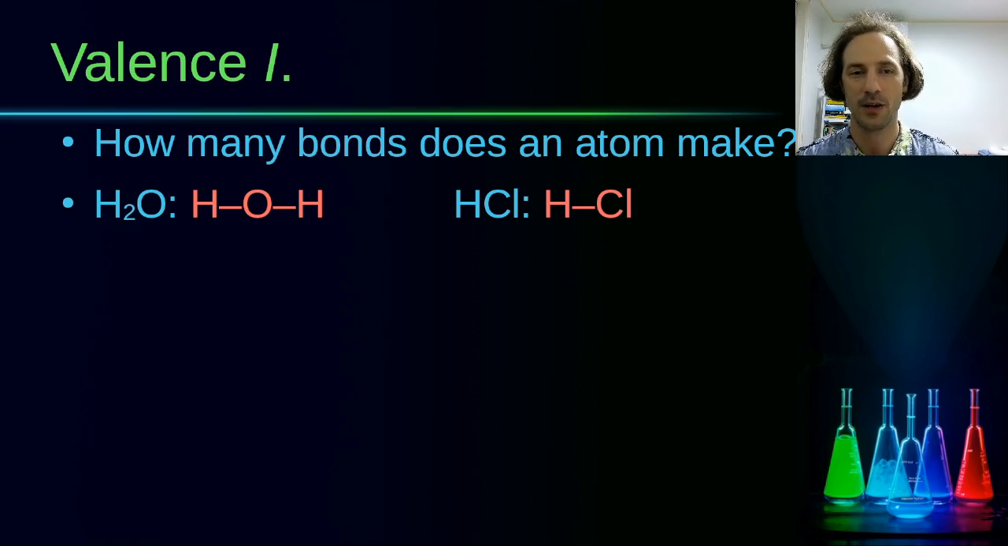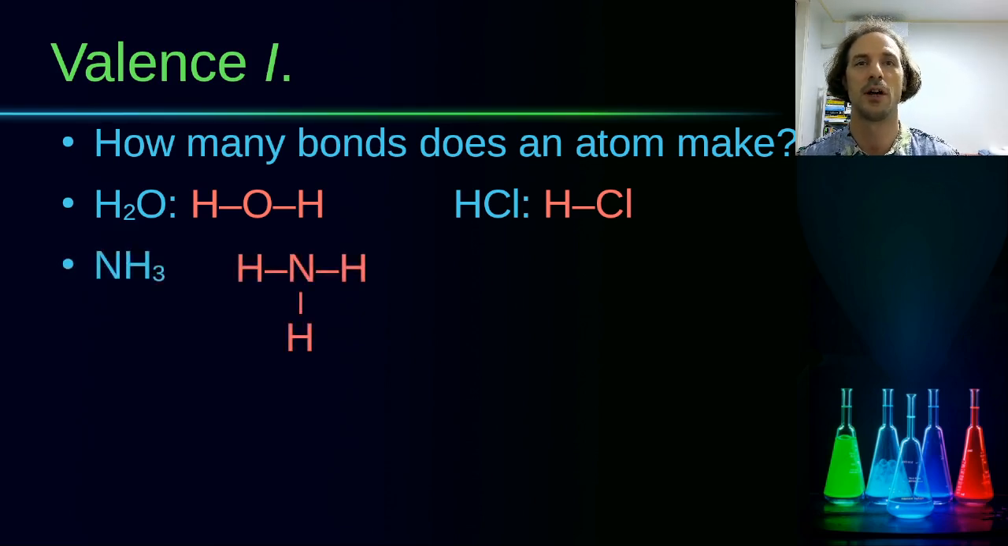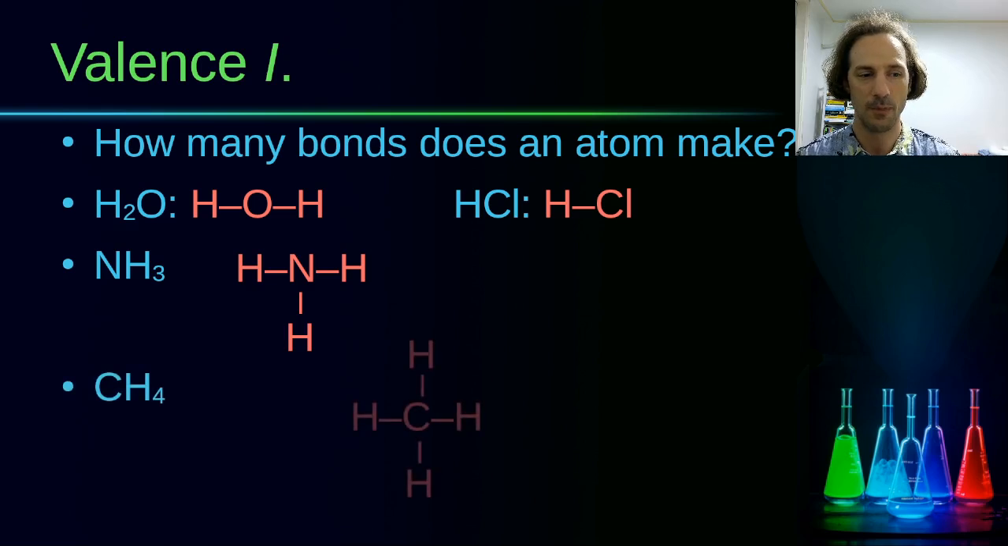In hydrogen chloride, both the hydrogen and the chlorine only want to make 1 bond, so they just bond with each other. So we can, based on this, say that hydrogen and chlorine have the valence of 1, so they are monovalent, while oxygen has the valence of 2. If we take a look at ammonia, the nitrogen has a valence of 3, and therefore will bond to 3 hydrogen atoms. For methane, we can say that carbon here has a valence of 4, it is tetravalent,